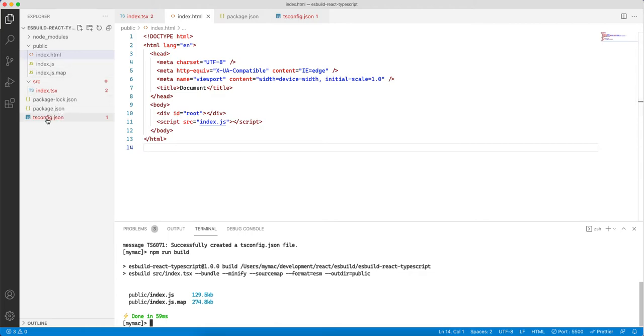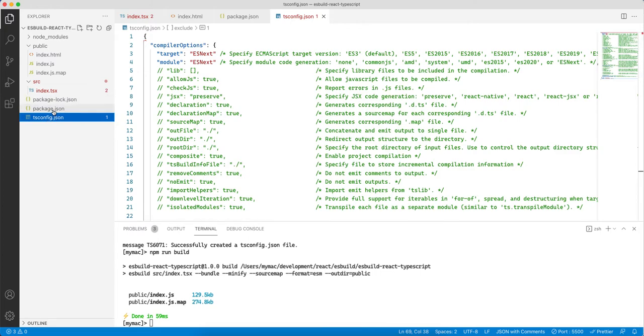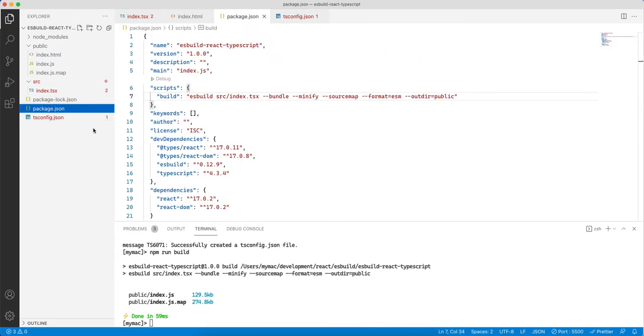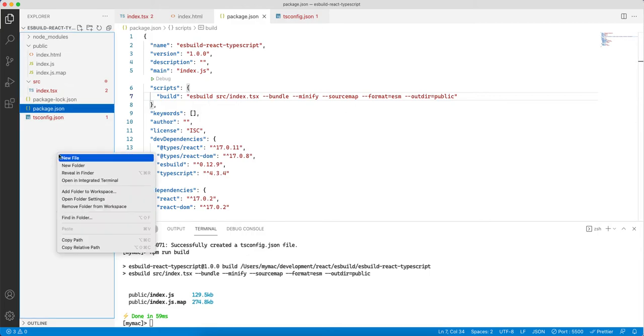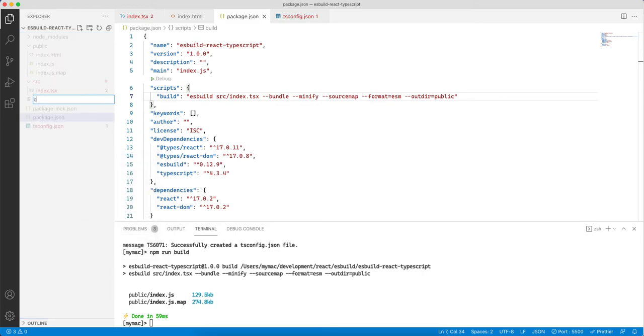Now in this video we will also learn how to set up esbuild using the esbuild API. So let me create one file called build.js,